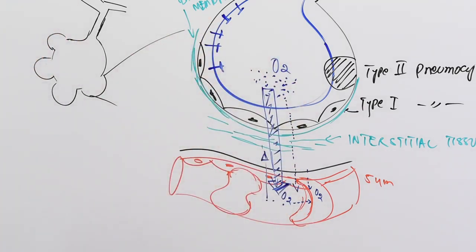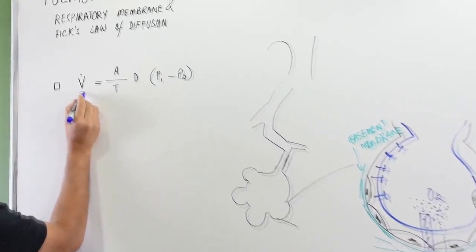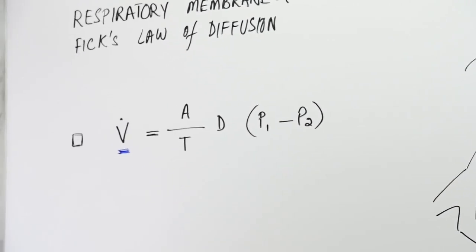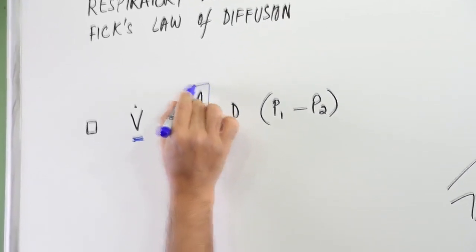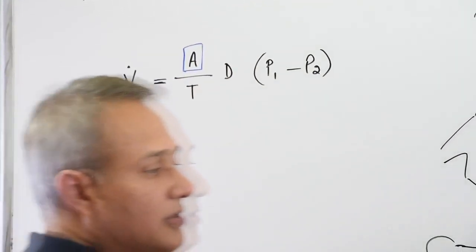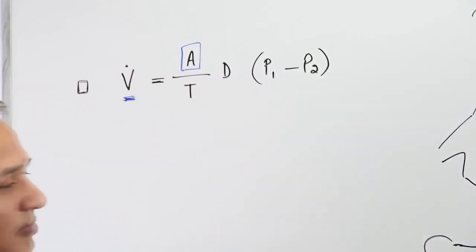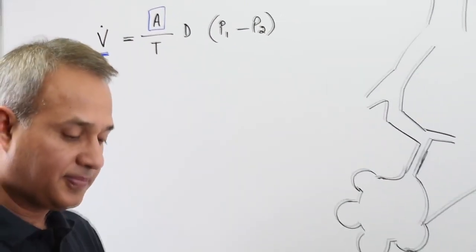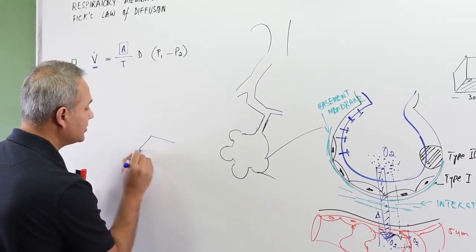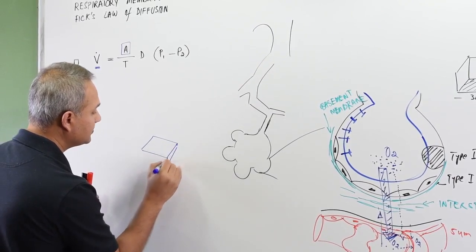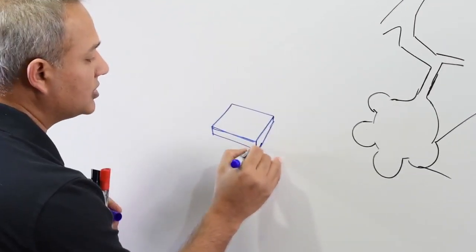So let's look at that quickly. The equation over here is the rate of diffusion of a gas. It depends upon the area of the membrane through which it is diffusing. So what does that mean? Guys, it is very simple. Let me make it here. If this is the membrane through which these molecules have to pass,